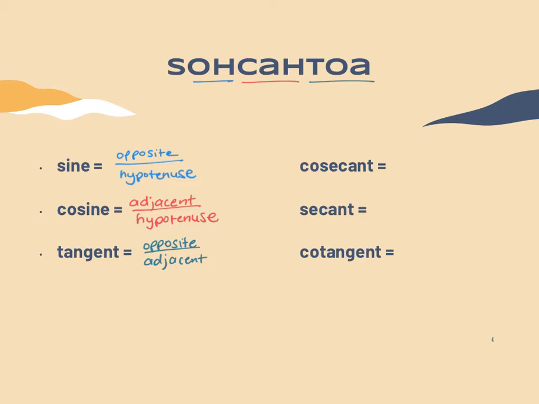So now if we just take those and flip them, we get the reciprocal functions. Cosecant would be hypotenuse over opposite. Secant would be hypotenuse over adjacent. And cotangent would be adjacent over opposite. So of course we mean these relative to an angle. So if I actually had a triangle drawn,